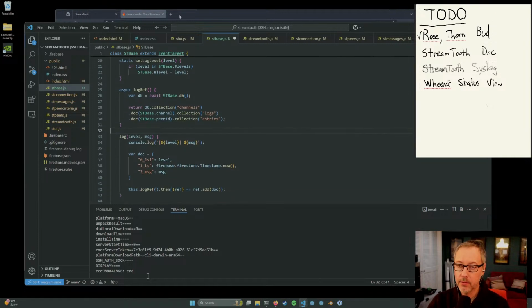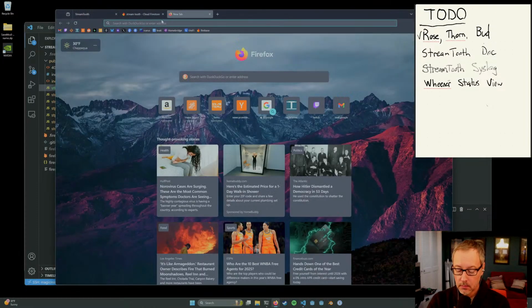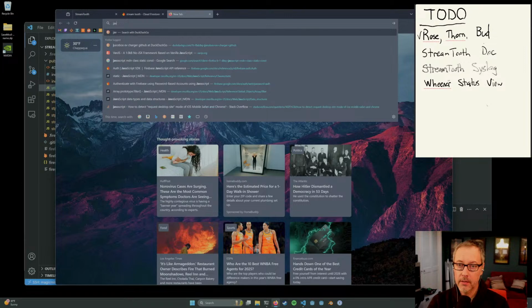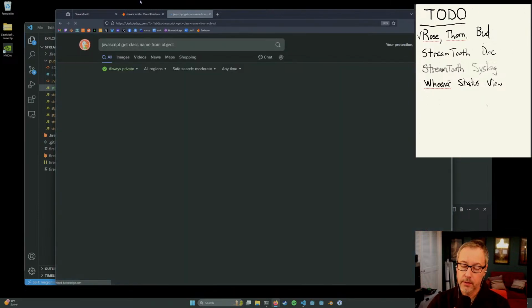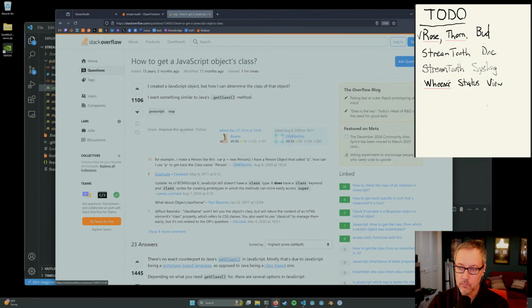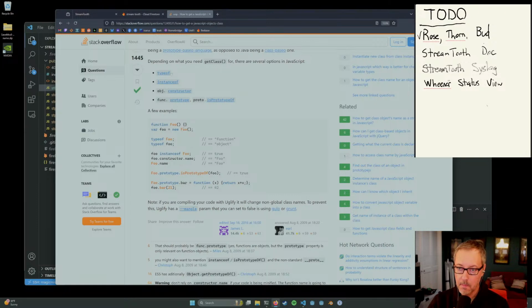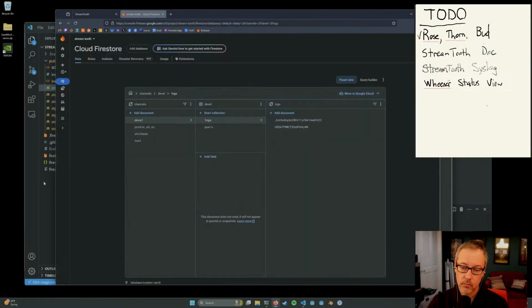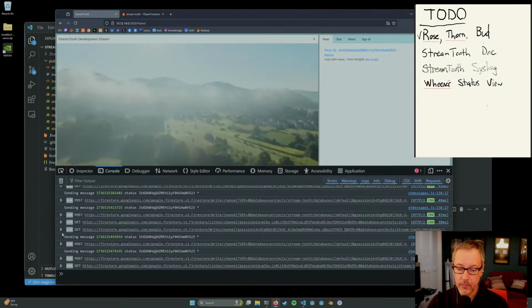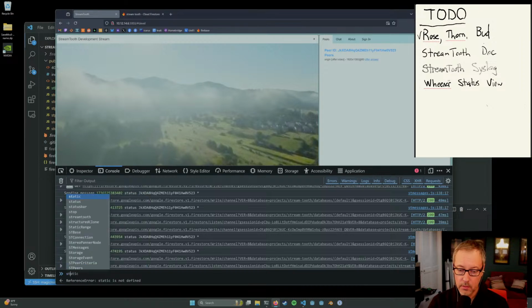How do I get the class? JavaScript get class name from object. Yes. Foo constructor name, this dot constructor dot name. All right, let's see if that works. So if I go in here and I say stream st, is it st?